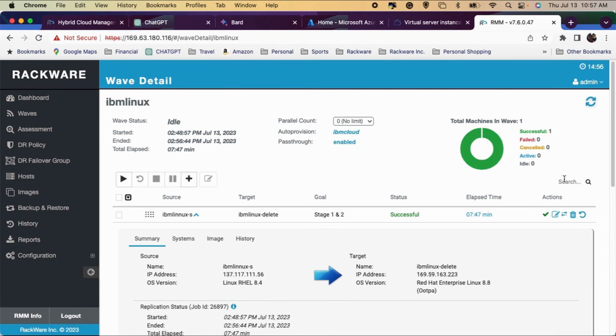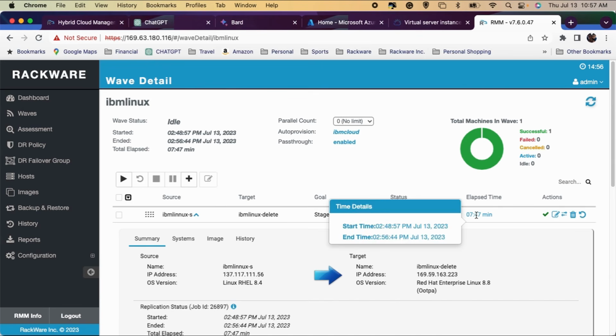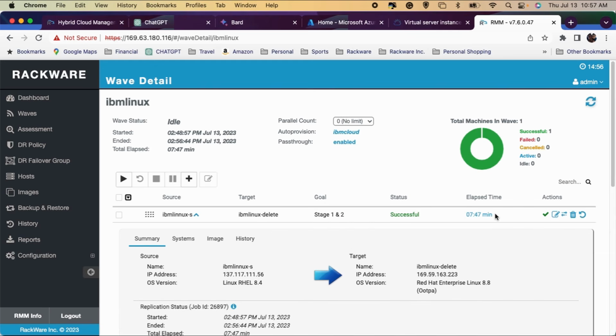Okay, we're back, and you'll see the job has been successful. A couple of things I want to point out here. Of course, the success notification and how long it actually took us to move that workload. Not a large machine, it was just a small instance, but this was actually moved from another cloud provider to IBM across the public internet. You'll see here the new machine name that I created during the wave creation, as well as the IP address that VPC has assigned